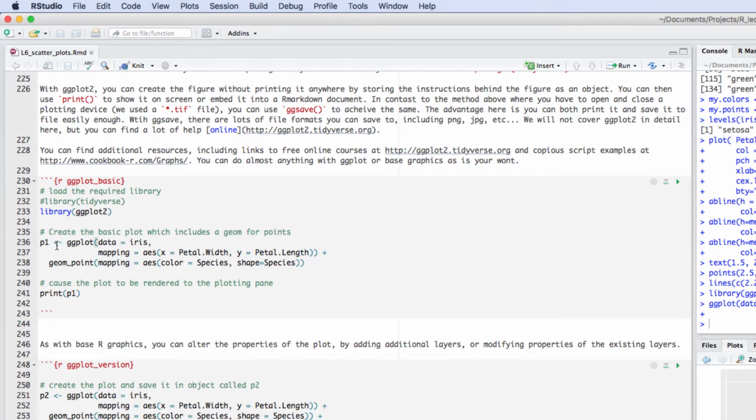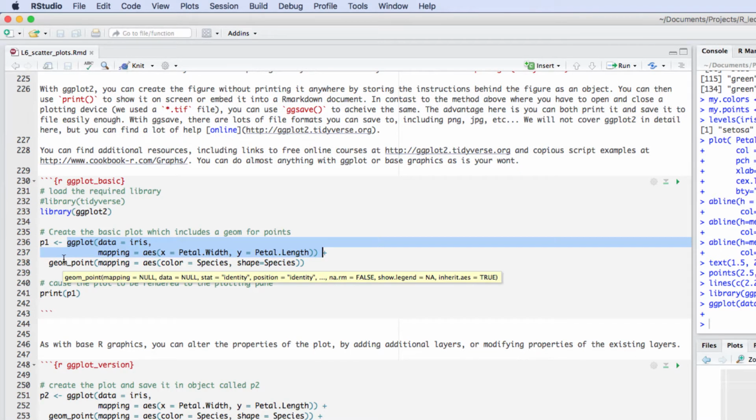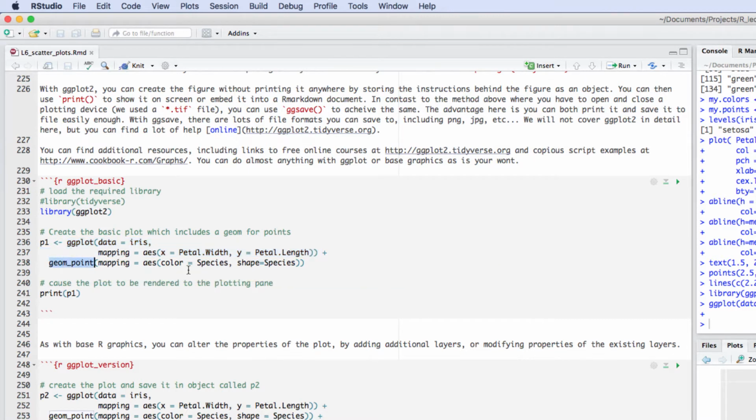So I've got that ggplot object, the basic structure, this background that we made over here down in our plotting panel. That's specified there and is going to get saved into this object P1. But on it, we're going to add on to that. That's what this plus is here. We've created this, and we're going to add on to that basic layer what's called a geom, a geometry. This geom is a geom point, so we're going to add points on. There's geom point, geom line, geom bar, lots of things. But we're going to go for a geom point, which is going to add the scatterplot points on,